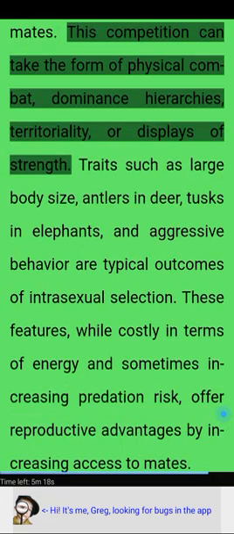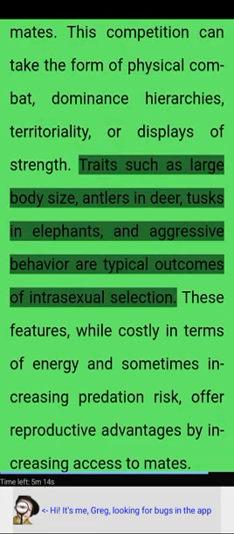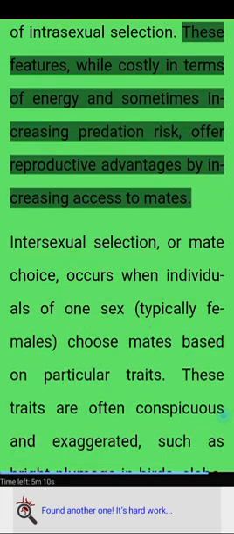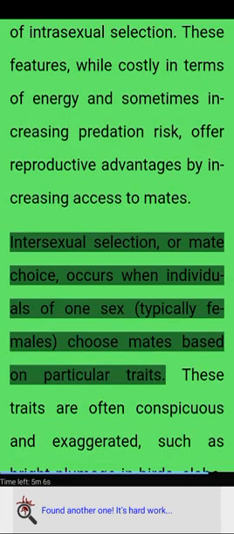This competition can take the form of physical combat, dominance hierarchies, territoriality, or displays of strength. Traits such as large body size, antlers in deer, tusks in elephants, and aggressive behavior are typical outcomes of intrasexual selection. These features, while costly in terms of energy and sometimes increasing predation risk, offer reproductive advantages by increasing access to mates. Intersexual selection, or mate choice, occurs when individuals of one sex, typically females, choose mates based on particular